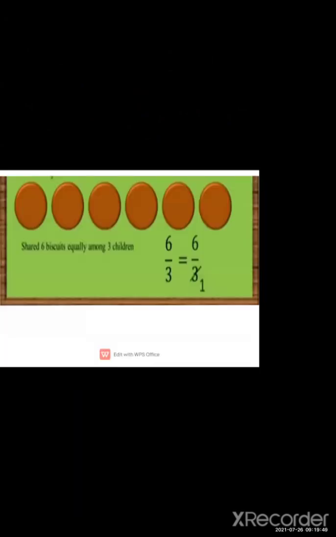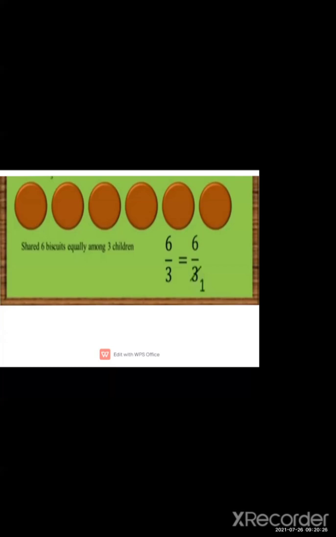Now we will see the next page. Now here is the second example. Second example means, for example, if you are sharing it. If you are distributing anything, any chocolate or anything, and if you are sharing with anyone, so in that case you have to write the total number in the numerator. टोटल नंबर आपको कहाँ पे लिखना है, न्यूमेरेटर में, और डिनोमिनेटर में क्या आएगा, आप कितनों के साथ डिस्ट्रीब्यूट कर रहे हो. ओके, नाउ सी हियर, शेयर.